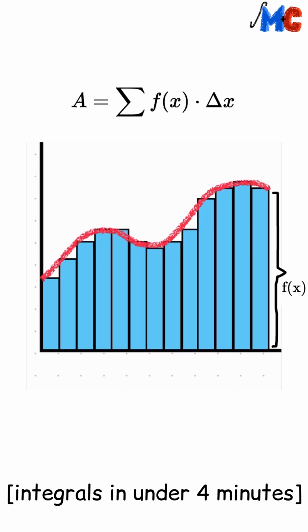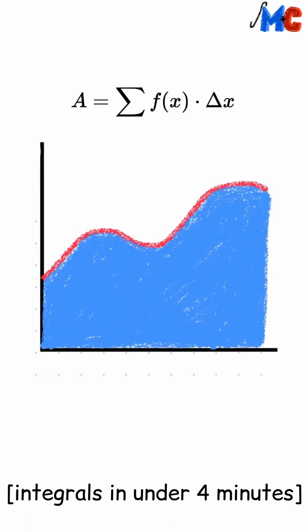Now, the width of each rectangle, delta x, is even smaller than before, and the approximation is visibly even more accurate. It's clear that by having any finite number of rectangles to cover our area, the approximation will always be imperfect. So, in order to calculate the exact area under this curve, we'll just have to work with an infinite number of rectangles. In doing this, it's clear that there are no longer any gaps or imperfections of our calculation of the area under our red curve, but in order to communicate what exactly we need to calculate, we need